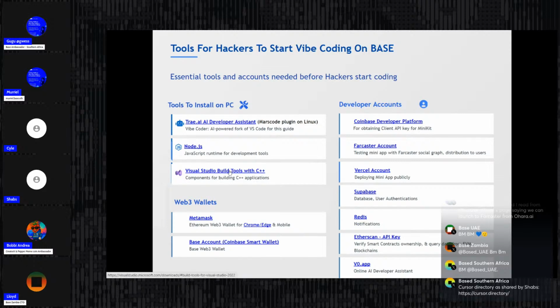Lloyd, when we were helping Nobantu with Mac, her system already had this set up. Was it because she's a developer, or does Mac come standard with some of these tools already installed? What was the case for Nobantu?